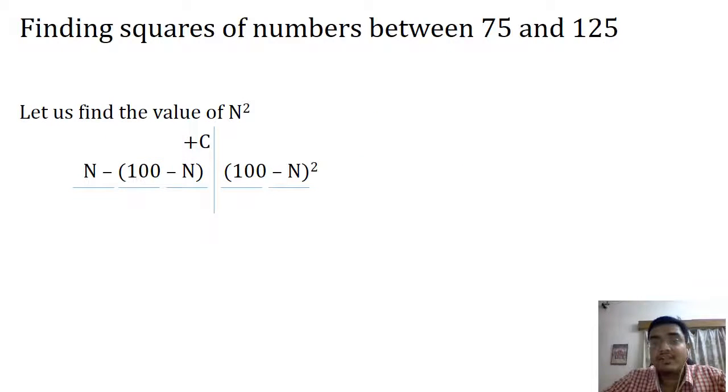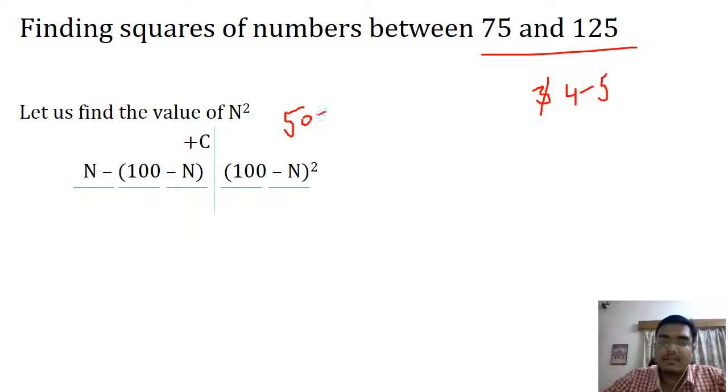So now let us see how to find squares between numbers 75 and 125. This is also a similar method. Now you have to divide it into last two digits and first two or first three digits, because these now would range from 4 to 5 digit numbers. So what we did was 50 minus number when we were taking out from 25 to 75. So in place of 50 minus number square, now we are doing 100 minus number whole square. And for the first two digits, there's a slight change now. We would be subtracting this number, that is 100 minus number, from our number itself.